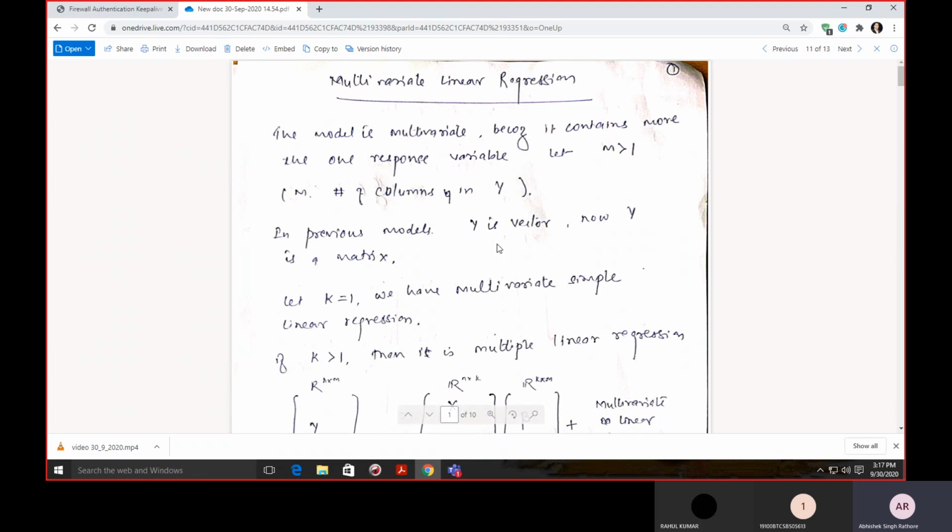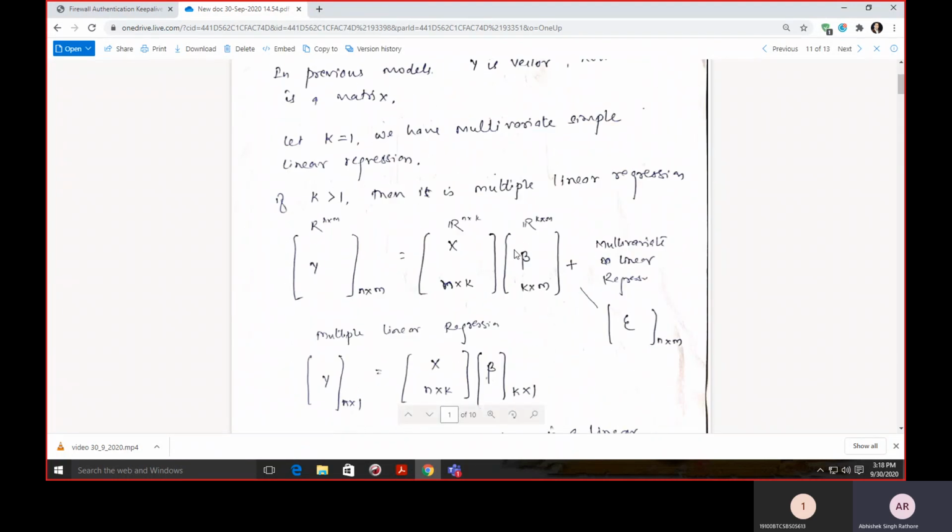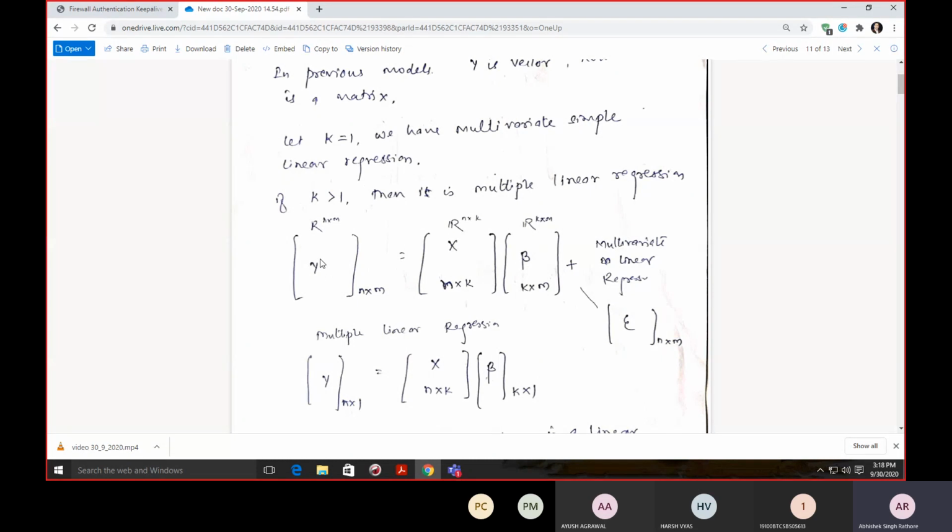So let us again suppose that we have only one unknown parameter, that is k equals 1, then we can say that this is a multivariate linear regression. It means that this contains only one variable. So we have a number of response variables, but we have only a single variable available. So we can have y1, y2, y3 equals beta naught plus beta 1 x. Now if k is greater than 1, then we say that this is a multiple linear regression.